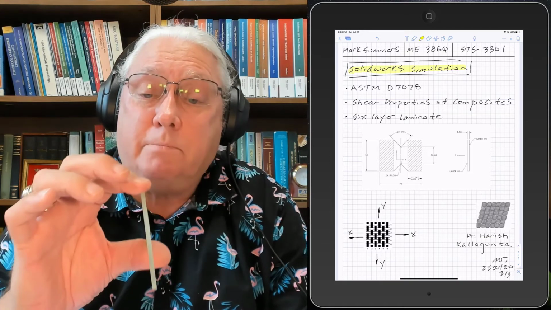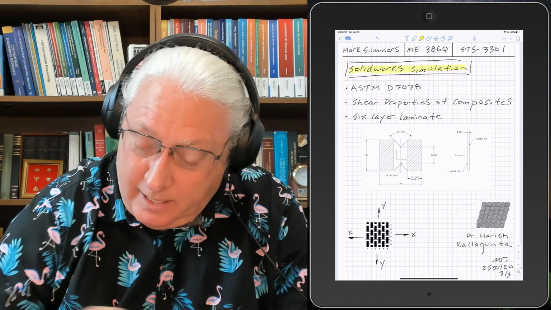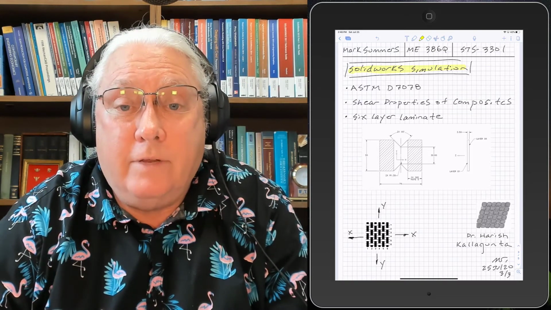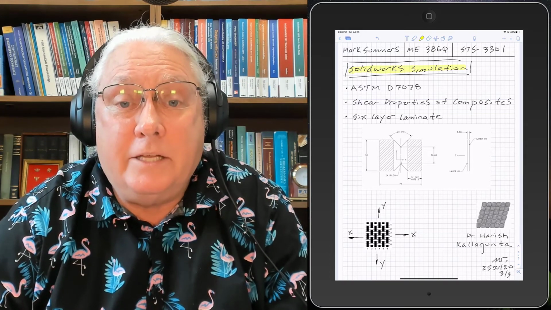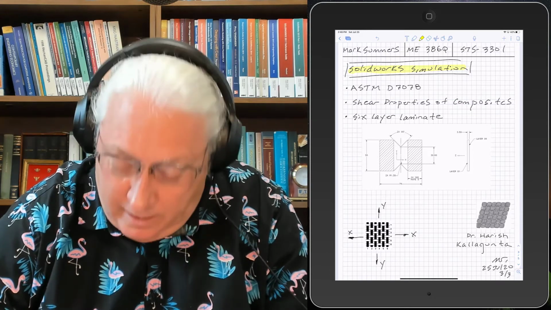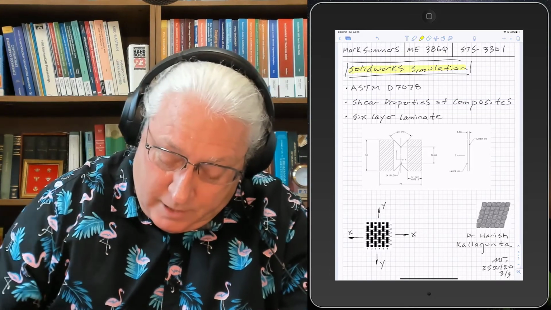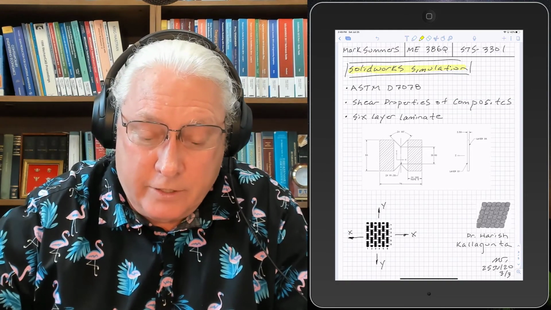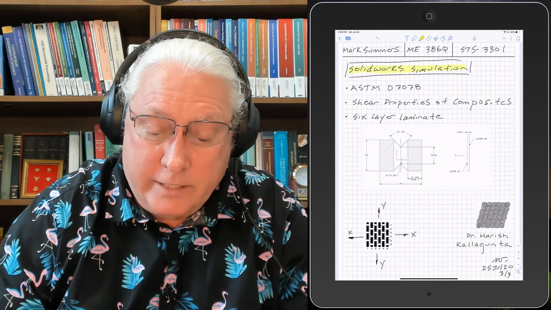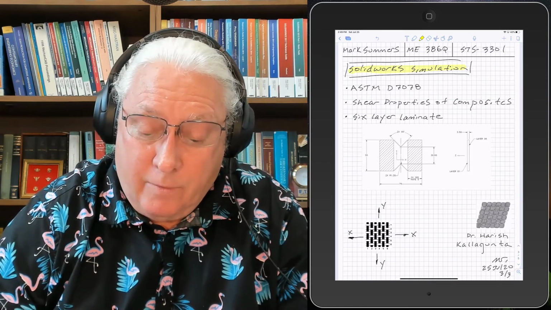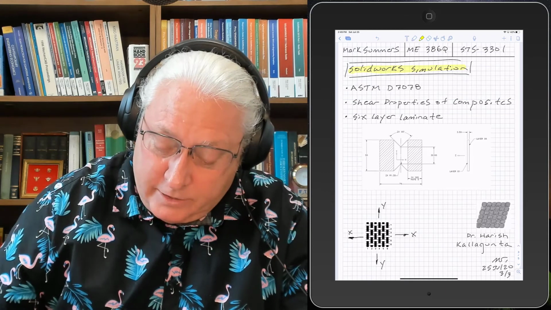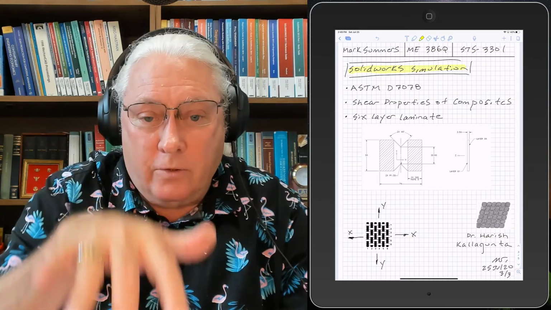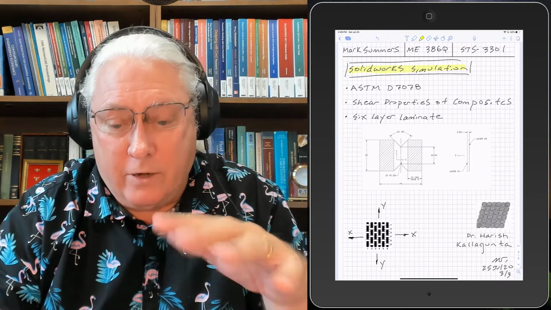And so this particular test specimen has got 6 layers, and you can see the dimensions. This sketch here is right out of the D7078 specification. And the pictures at the bottom are some schematics of what this laminate looks like. So there's 6 layers of this thing with an epoxy binder. And what they do is each layer has its own weave that looks like the picture at the bottom. It's got a weave that goes in the X direction and a weave that goes in the Y direction